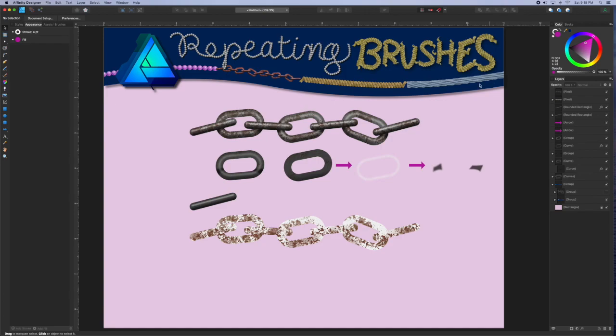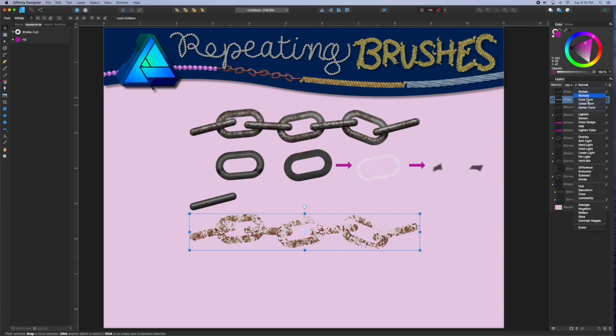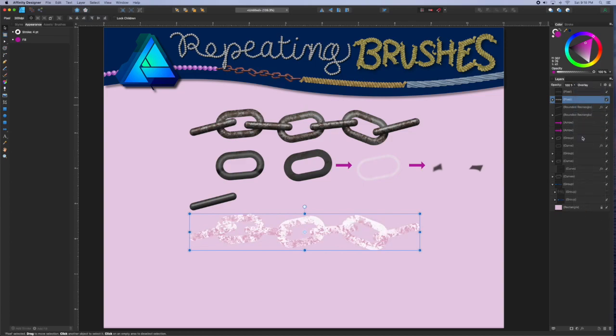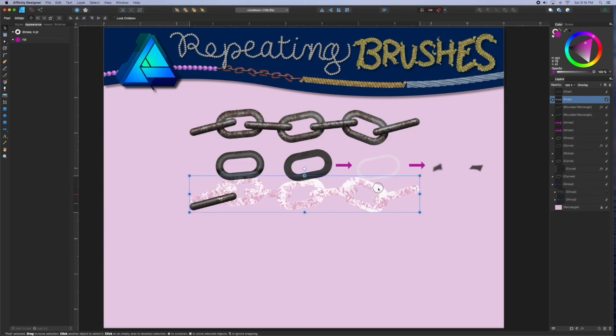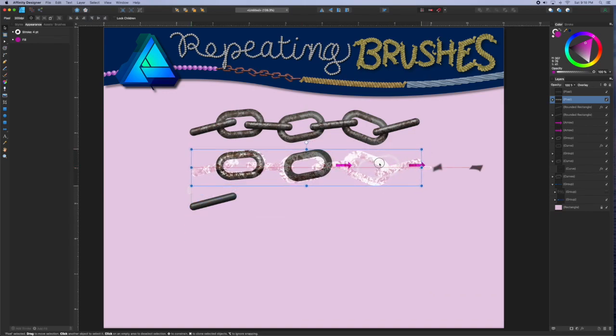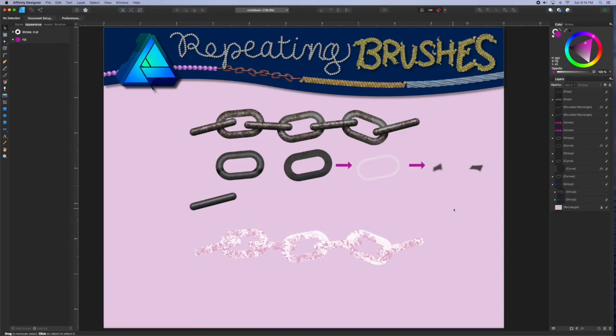So I'm just going to take one example, this chain link, and I've just broken it down into its components. The links are comprised of just the link shapes with a glow highlight on with some Gaussian blur and some shadows, and then I took that whole thing, flattened it as a pixel mask, and then applied some texture over the top and then used that as an overlay. Once you've got that done, you can go to your export and save this and then import it again as